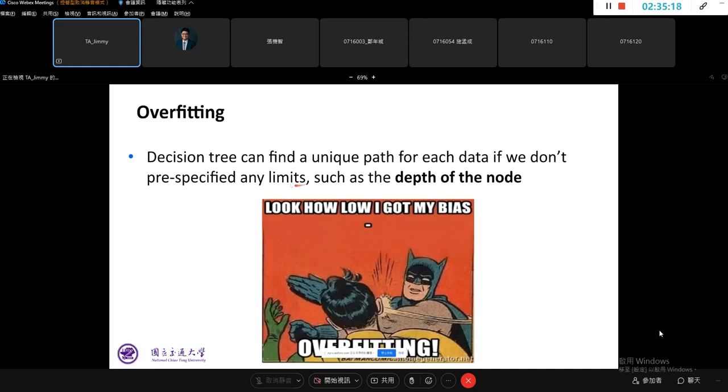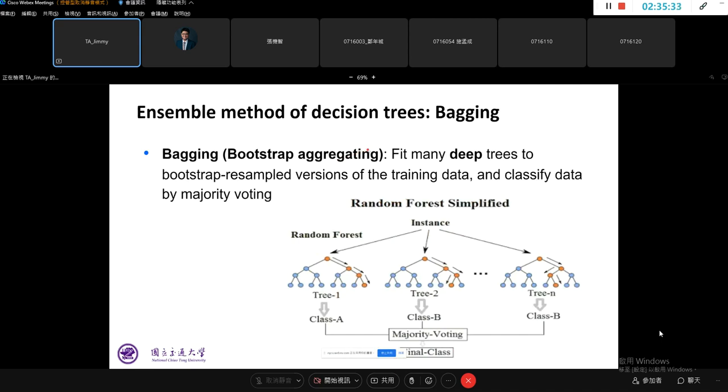So if you do not set any limit such as the depth of the tree, the decision tree can find a unique path for each data point. In this way, you can observe the overfitting problem. So there are ensemble methods of the decision tree to avoid this overfitting problem, such as bagging and boosting. In bagging, we will require you to implement the random forest algorithm. It basically fits many deep trees to bootstrap resampled versions of the training data,